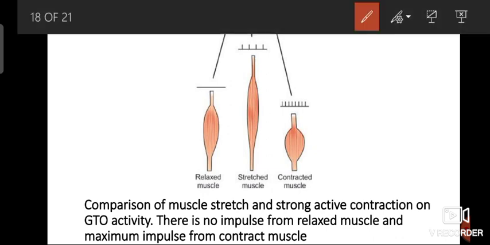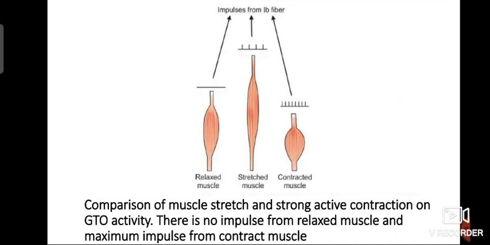So this is the activity. There are no impulses in the relaxed muscle, as we see, and in the contracted muscle there are maximum impulses. The Golgi tendon organ mainly responds to excessive and strong stretch or to contraction, okay. So in the relaxed muscle there are no impulses, in the contracted muscle there are